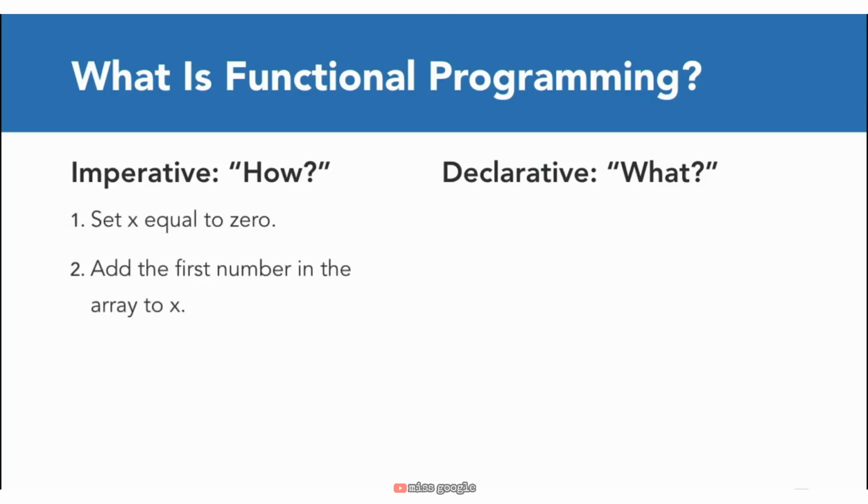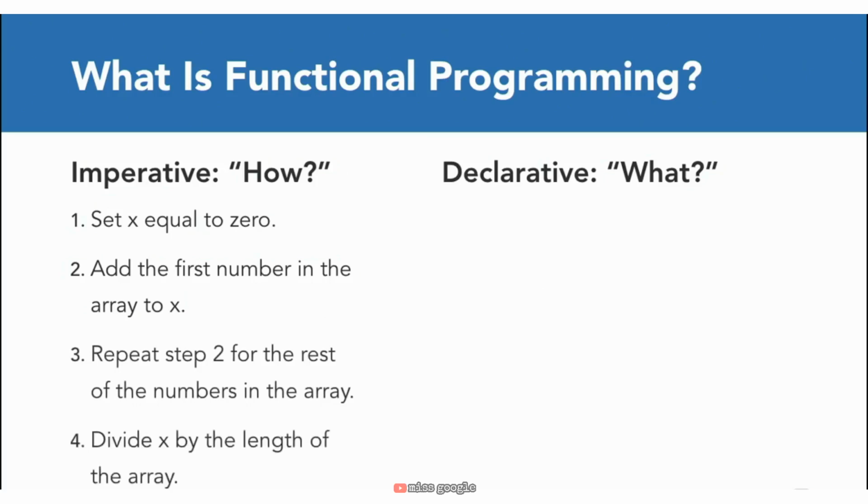Second, we add the first number in the array to x. And then, we repeat step 2 for the rest of the numbers in the array. And finally, we divide x by the length of the array. Now, unless you've worked with functional programming before, this is probably how you're used to writing programs, thinking of how to get the result. On the other hand, if we wanted to solve the same problem in a declarative way,